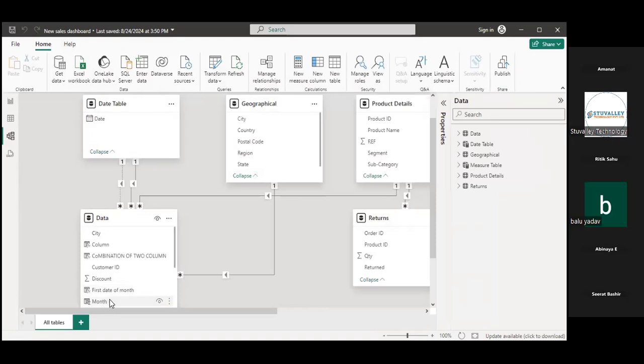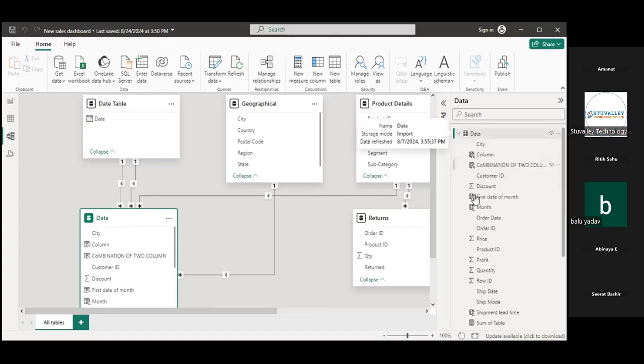Month, that is also a date column. And we have ship date, that is also a date column. Also we have order date, I think. See, we also have an order date column in this data. So we have multiple date columns in a single file.